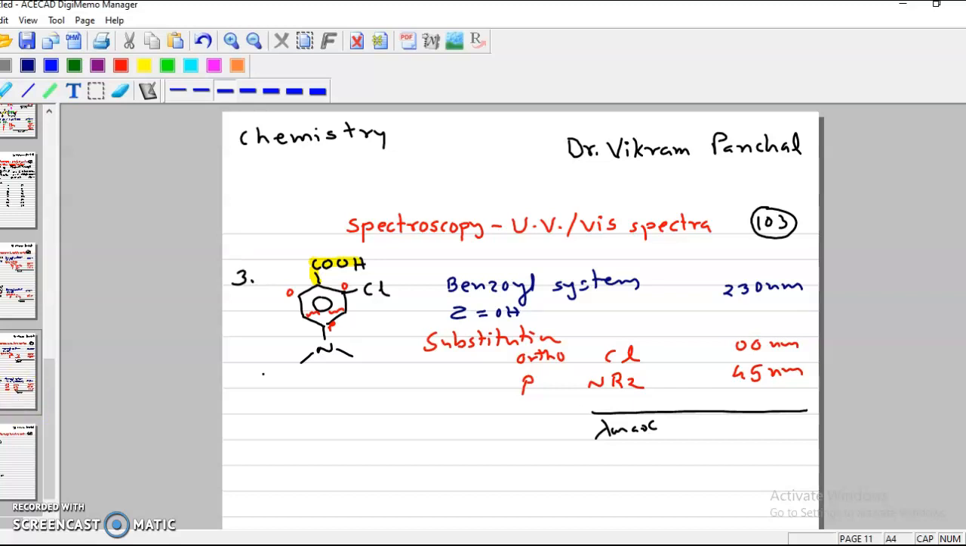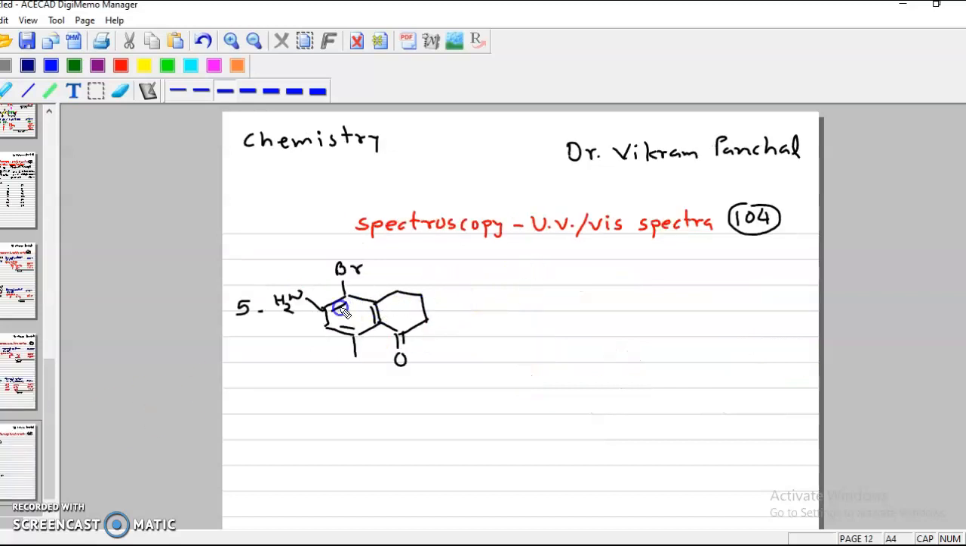Next condition, next numerical is this one. Okay, here this is very important. Why? Because from the first glance you will not be able to find out which is the system, but there is a system because this carbon is attached to benzene, and then there is C double bond O, so this will be your system. And here Z is equal to this carbon, okay. So here it is again benzoyl system,